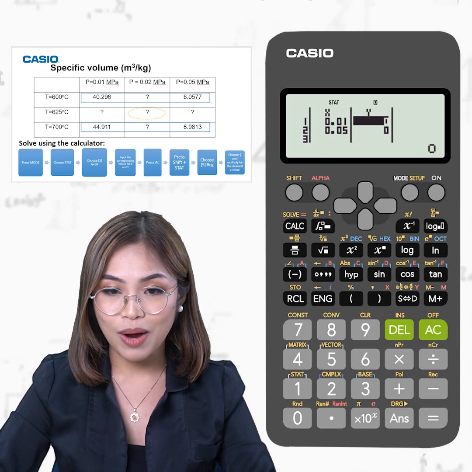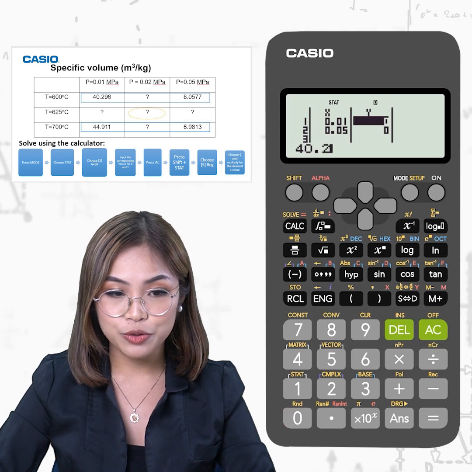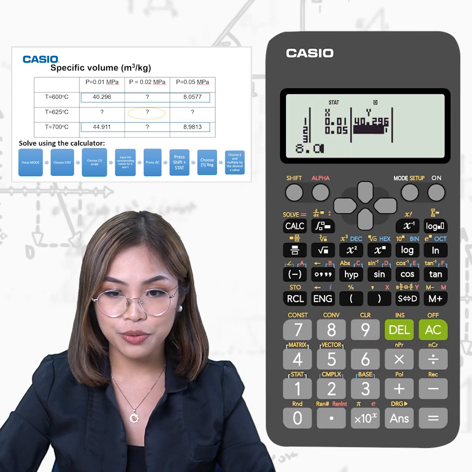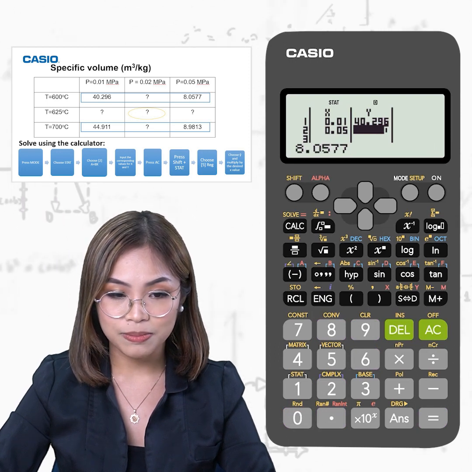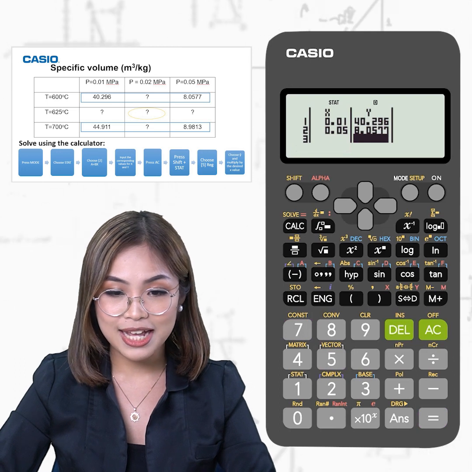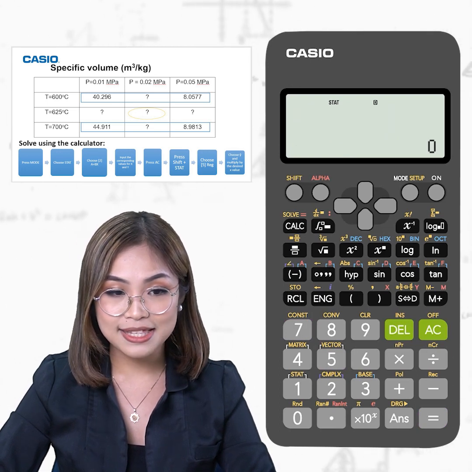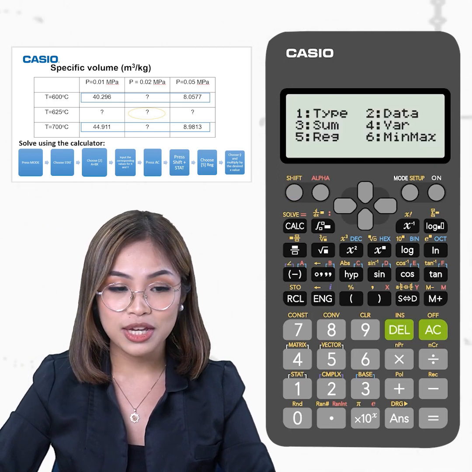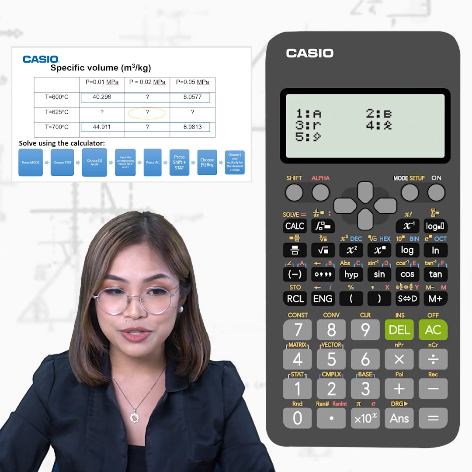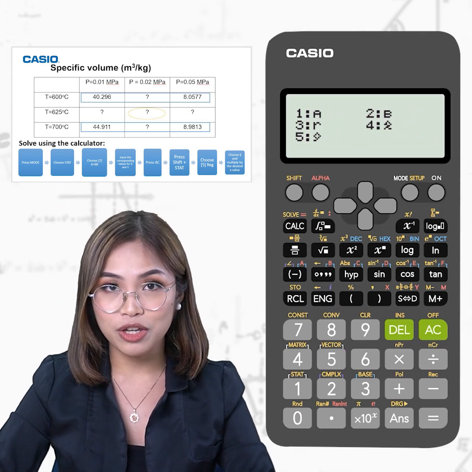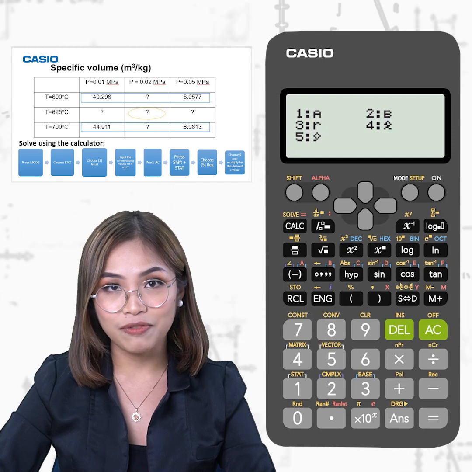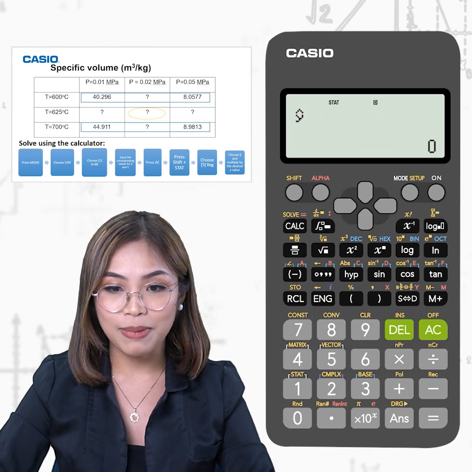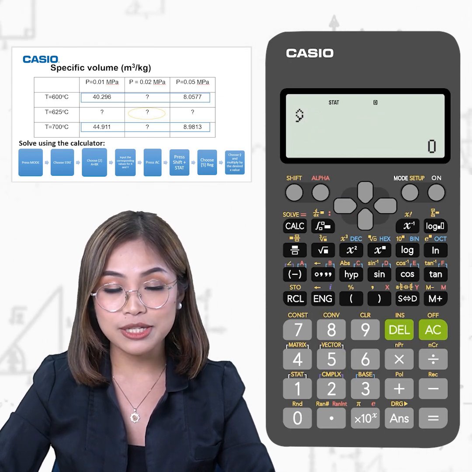Let's navigate up and input the values for Y. The first is 40.296. Press equals and then 8.0577. Press equals and then let's press AC. Next is to press Shift and Stat and then we will choose 5 Reg and then we have to choose the Y hat or number 5, since we are looking for the value of the dependent variable, or the specific volume. Now we have to multiply this Y hat